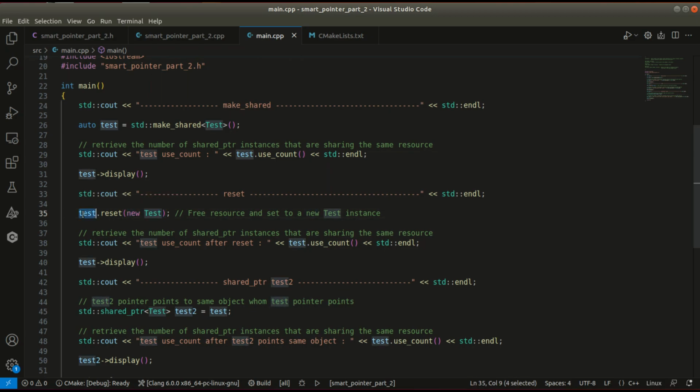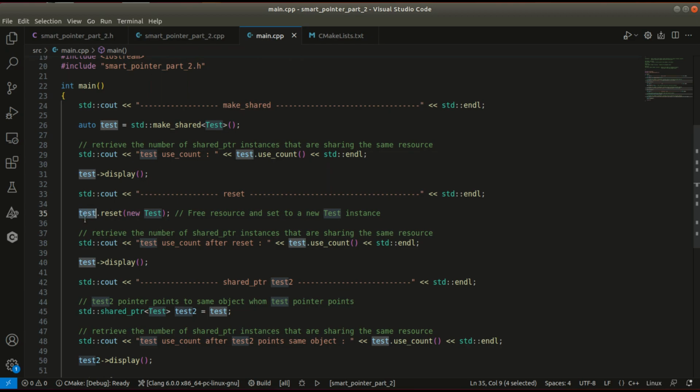So what will happen here: due to reset, the destructor will be called for this test shared pointer and a new constructor will be called. And here again the output will be 1 for the use count, because we are releasing the memory and assigning the new resource to the test